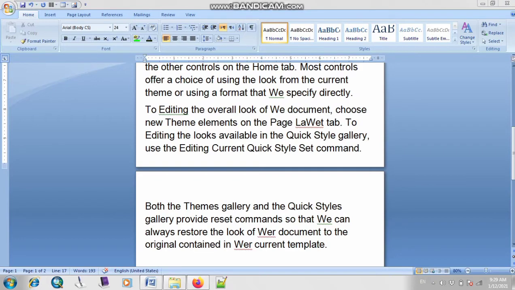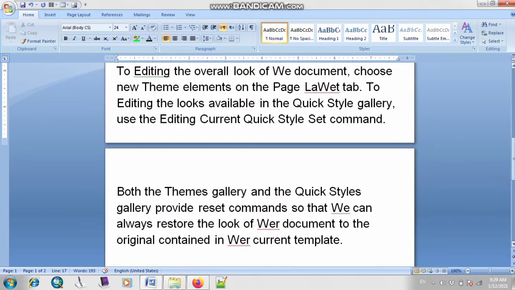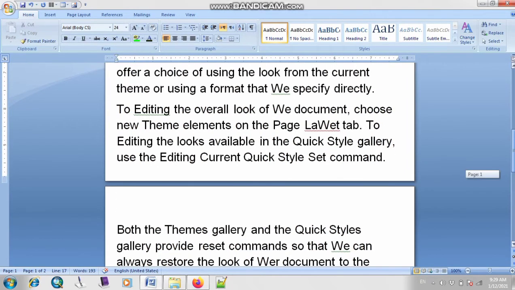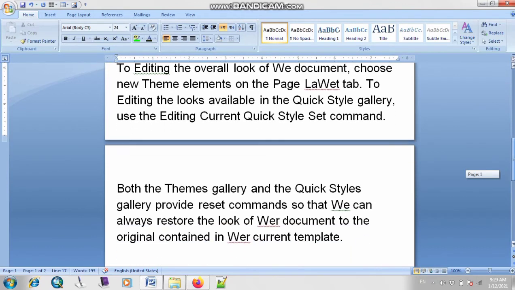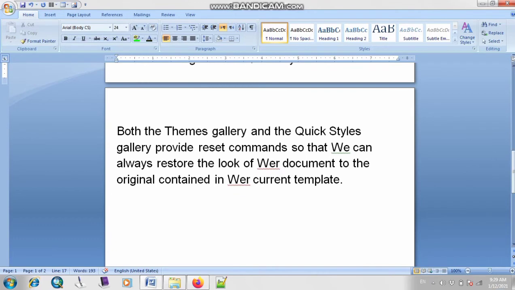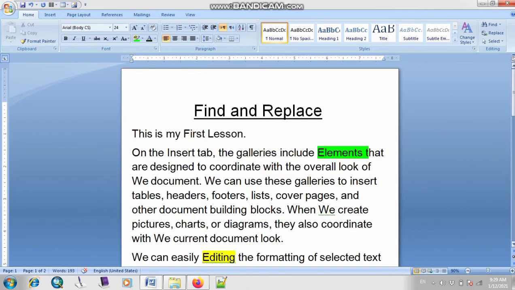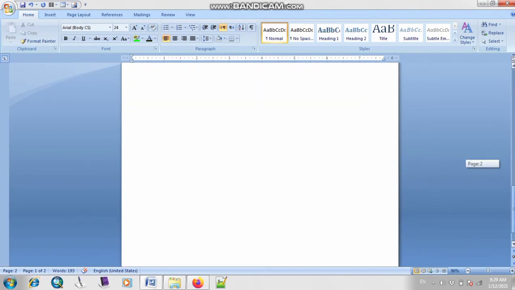Let's learn one more topic, that is errors. As you can see on this web page, there are some errors. That means there are some words whose spelling is incorrect, or there are some kind of grammatical errors. So let's see how we can correct it. Let me give you a simple example, then we will move to this lesson. Okay, let me write here